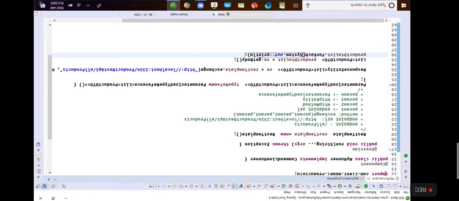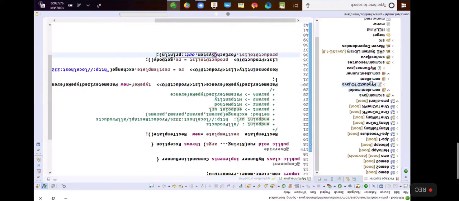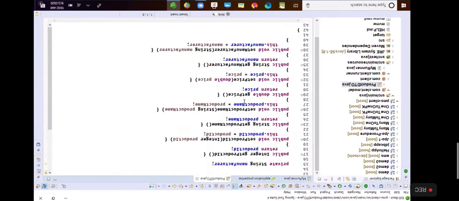I will open that product DTO, and I'll override the toString method.